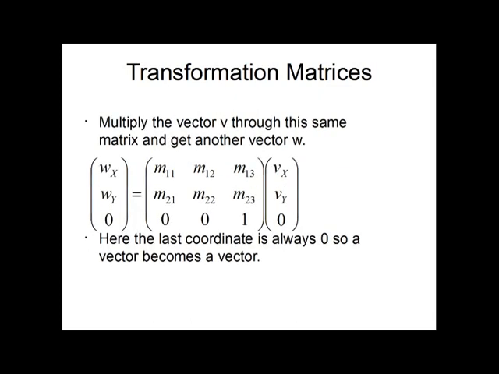So we look at the same thing with a vector, except we see that the same thing will happen, more or less, and seeing as the bottom row in the matrix is 0, 0, 1, we'll end up with a 0 as well. But we can also see that m13 and m23 will actually not have an effect on the resulting vector, because they will both be multiplied with 0. And we'll see later on that this